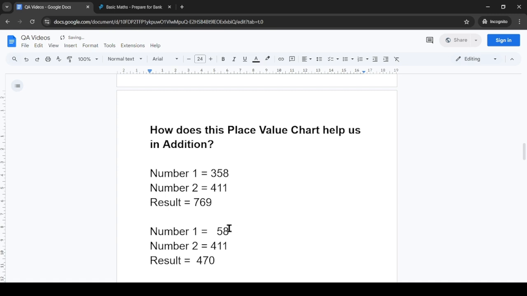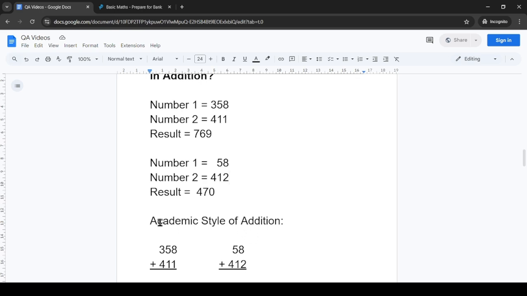So when we are calculating, 8 plus 1 is 9. I will write 9. Then 5 plus 1 is 6, and then we have the remaining number 4, so the result of this 2 digit and 3 digit summation is 469. Now you will be wondering why I changed this digit. I just wanted to give an example of carry, to explain how the carry number works when we are doing an addition. So as an academic style of addition, we are going to add two numbers and see where the carry placement happens.